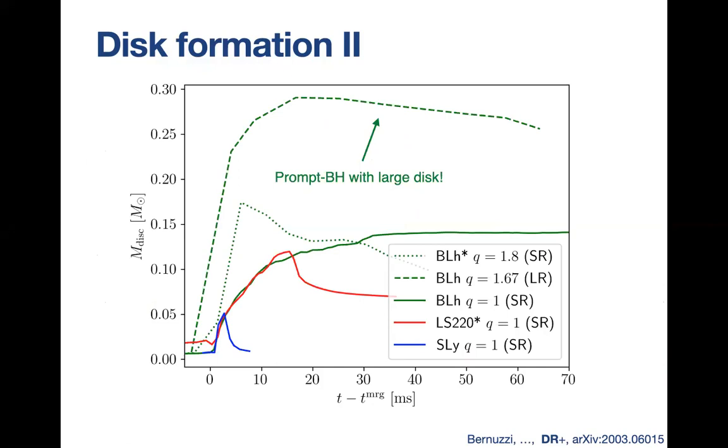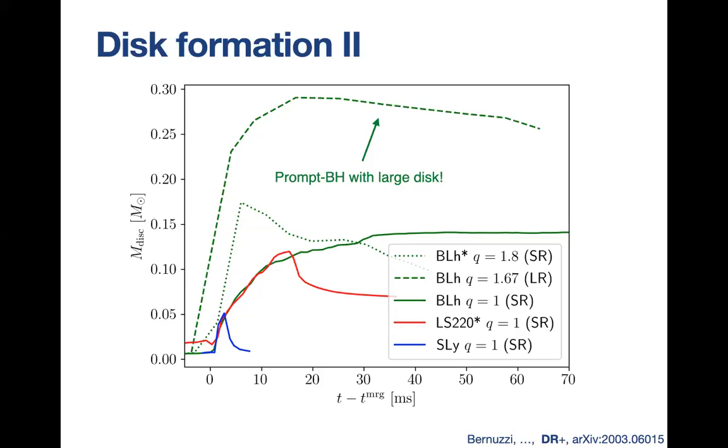If you focus for a moment on the equal mass cases, these are the solid lines. What you see here is the evolution of the accretion disk mass as a function of time. You see that it follows almost a universal pattern. There is no material in the accretion disk prior to merger, obviously. And then as the stars merge, the mass in the accretion disk starts to grow. This is because material is being pushed out of the remnant. The growth terminates when there is black hole formation. You can see it for the SLy equation of state in blue, for LS220 in red.